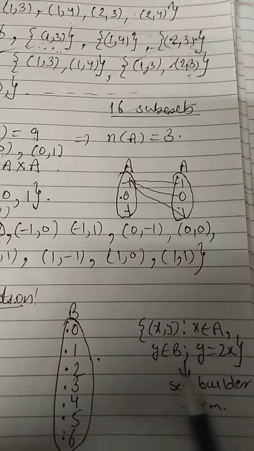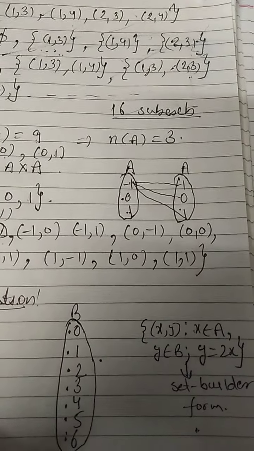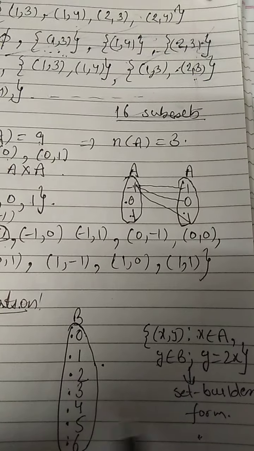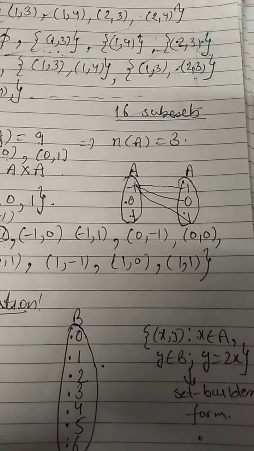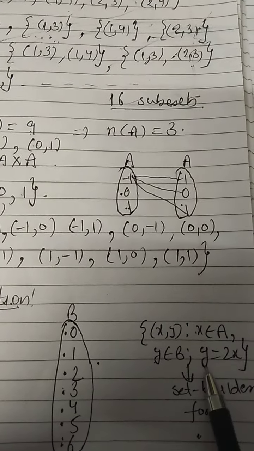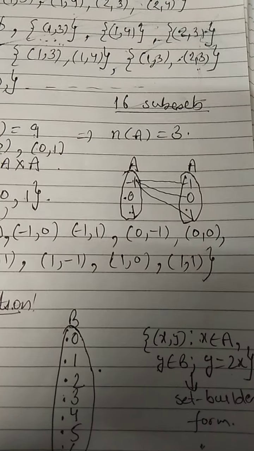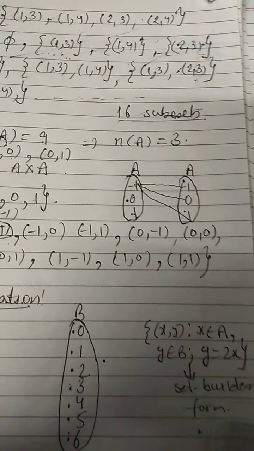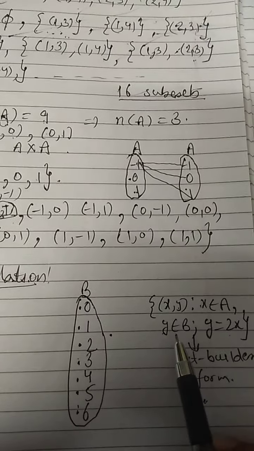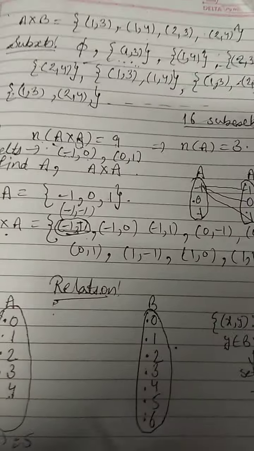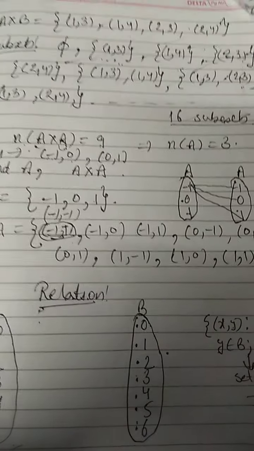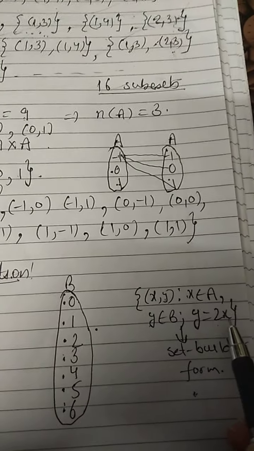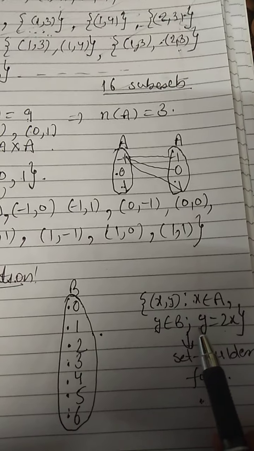So what kind of elements do I want? Let me come back here. Every x from the first set and every y from the second set, but what kind of combinations? That the second element should be 2 times the first element. That means this y should be twice of x. Let us make the combinations. In other words, I will multiply the first element by 2 and that will be equal to the second element.